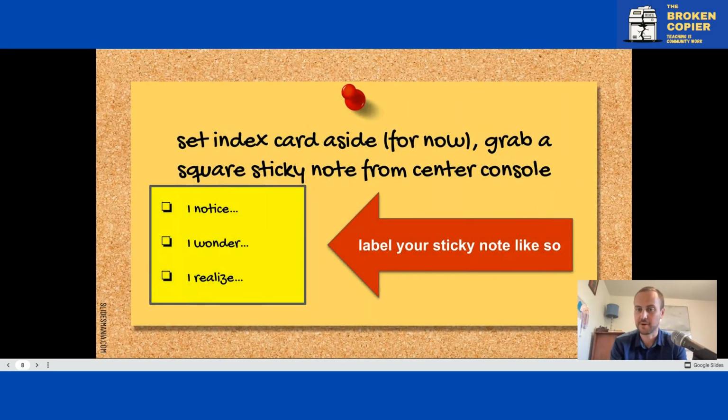Going on to, then, we have a sticky note in our class. You could do this with any scrap paper. I notice, I wonder, I realize, something we use frequently in our course and something that's going to be a big part of our course systems that I want to model for them. We're about 8 to 10 minutes into the lesson at this point, and we're going to use this system to read through a poem 3 times.